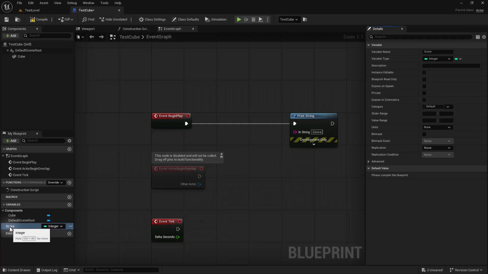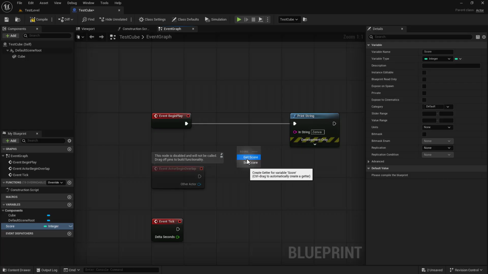Now we want to have our score be printed out, instead of this Zenva or hello string. So how do we do that? Well, first of all, we need to add our variable as a node to the graph. To do that, we can simply click and drag on it into the graph and let go. Now we'll have an option. Do we want to create a getScore node or a setScore node? A setScore node is a node that changes the value of score, whereas getScore is a node that basically outputs